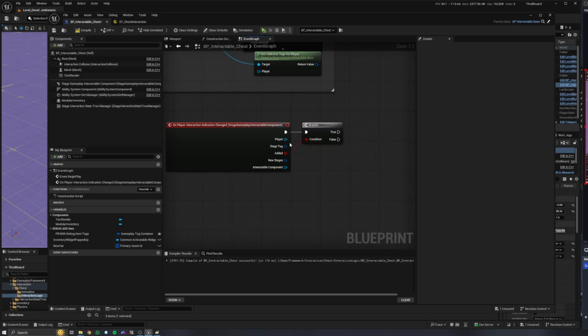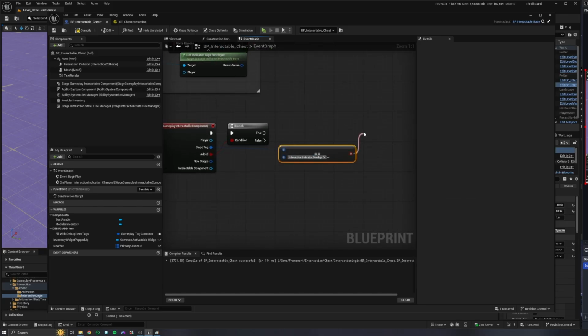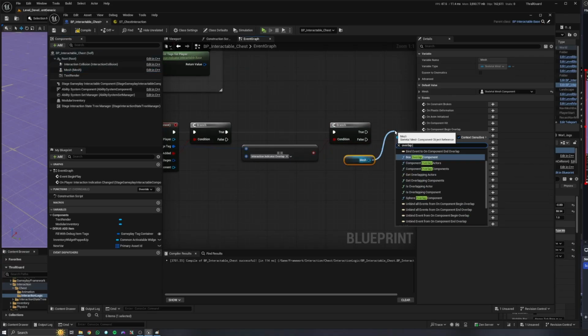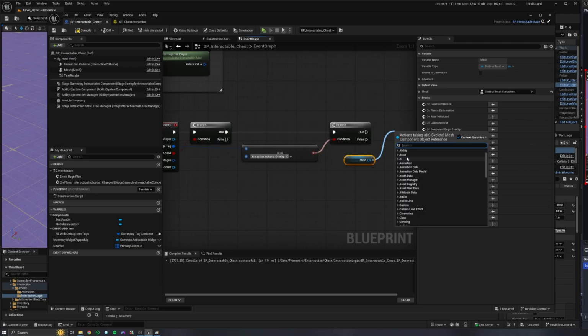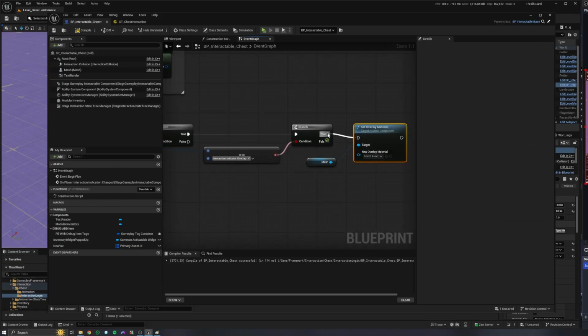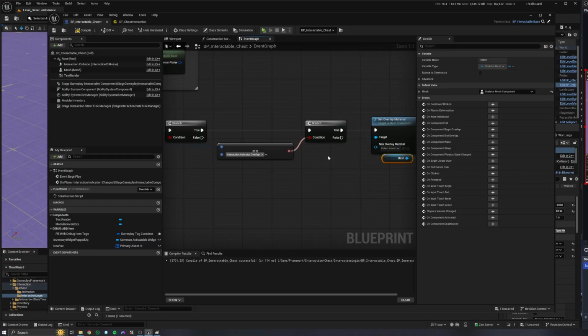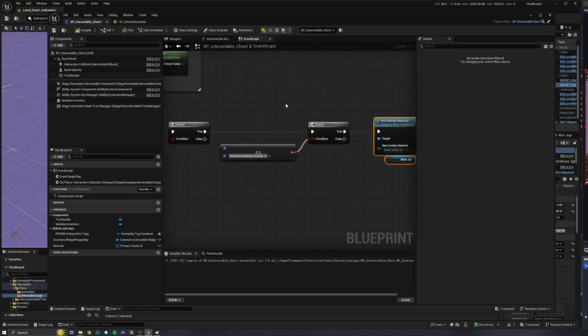If we have added this and the tag that was added is, for example, overlap, in that case we want to set an overlay material for our mesh and select the correct overlay material so that we can create an outline effect, that glowing, whenever we